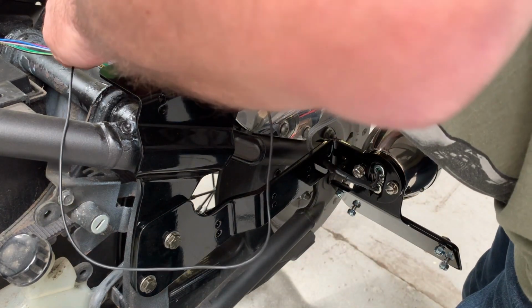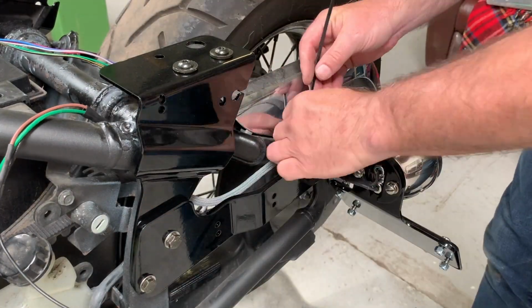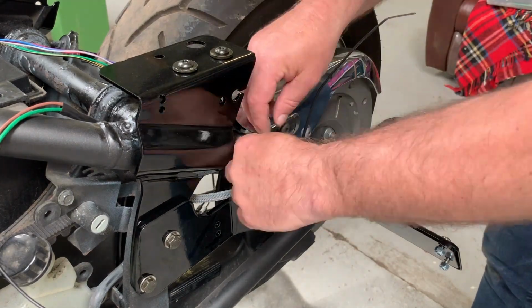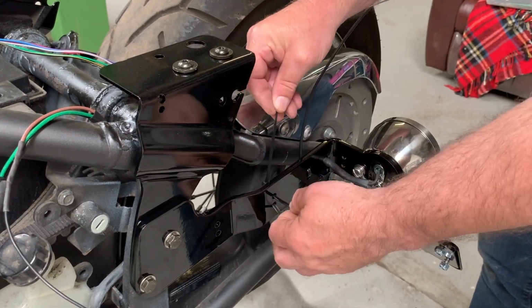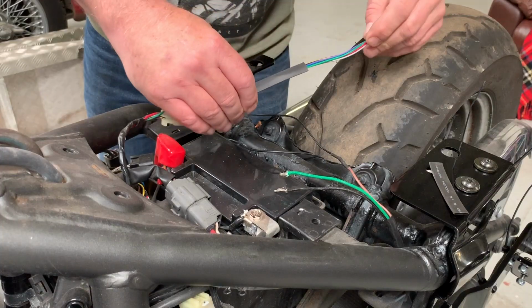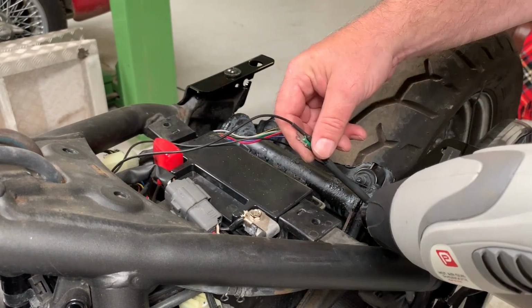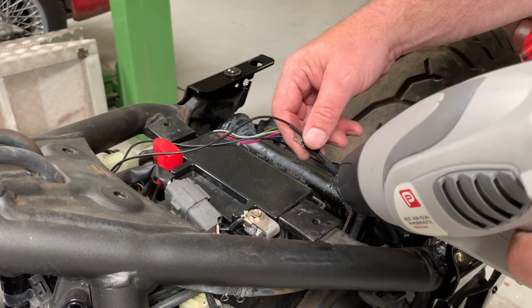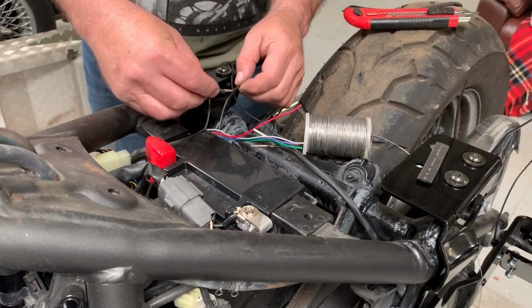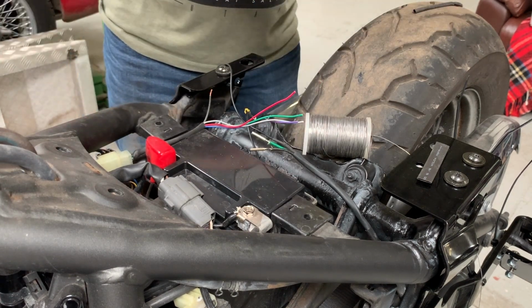Now I'm going to route it round. I want to keep clear of the drive belt and the action of the swing arm. Just mount it with some tie wraps. More heat shrink both ends on the lead coming in and the lead going down to the tail lights. So connecting the earth wire to the tail light and brake light,